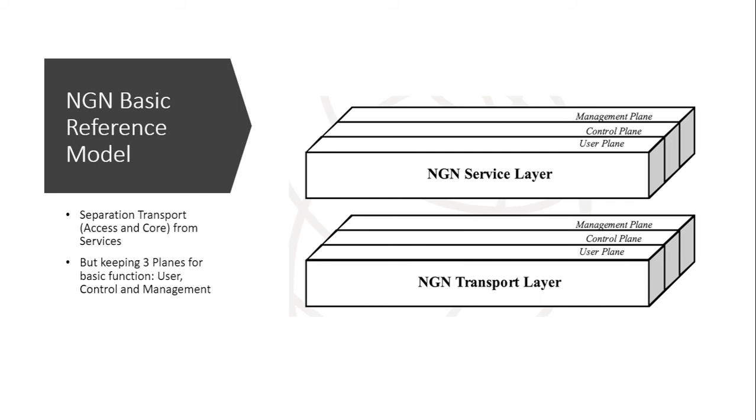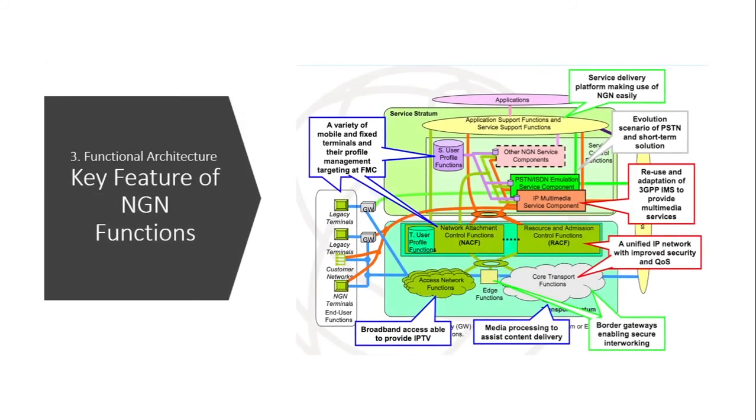Basically, it's like the middleman. And the management plane is the part where Telkomsel actually charges their customers with credits or money, etc. This is the key feature of NGN function. This is the functional architecture